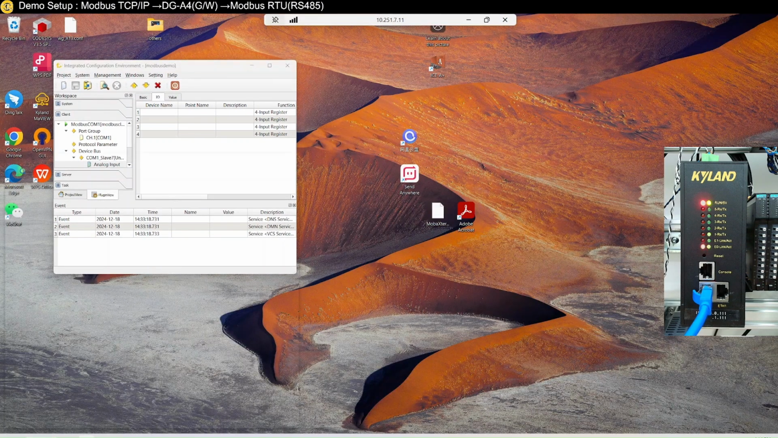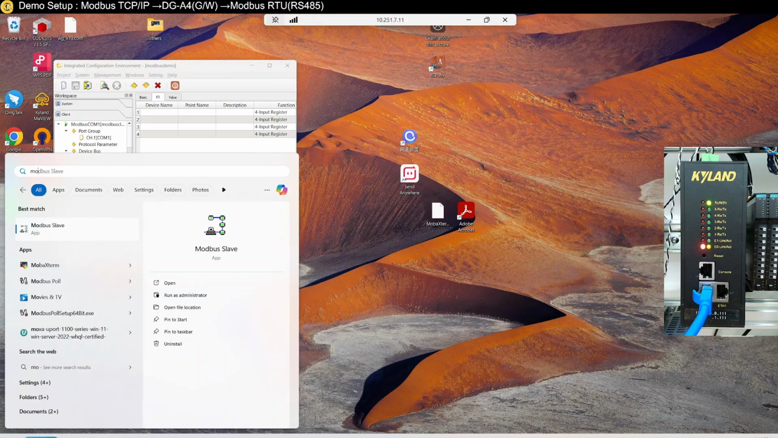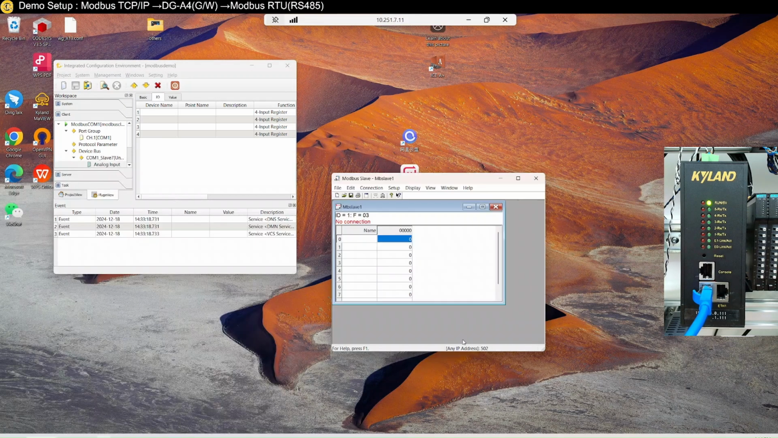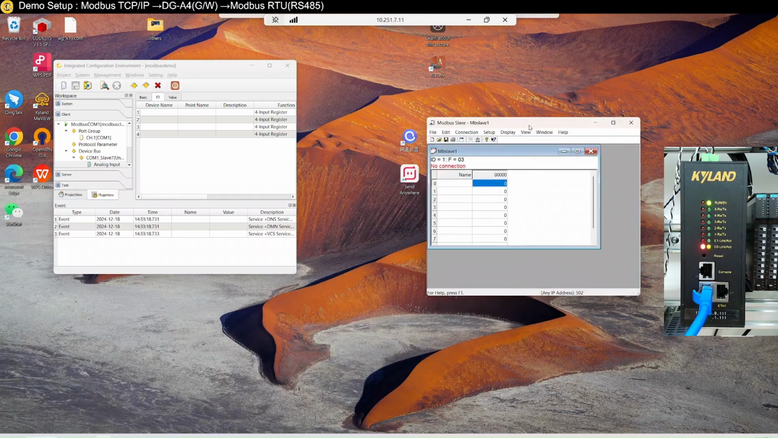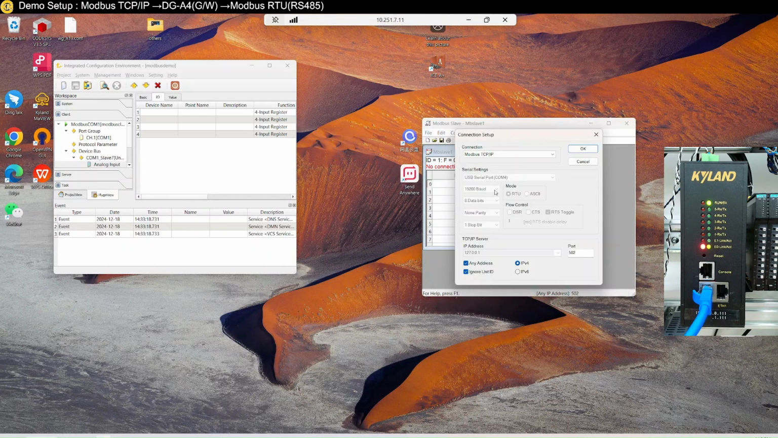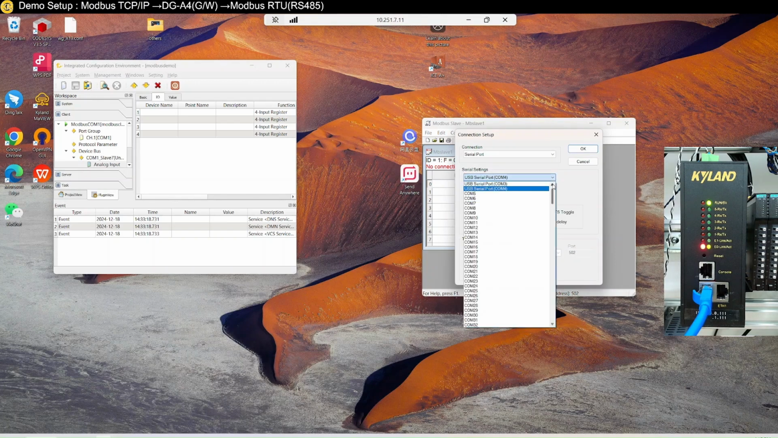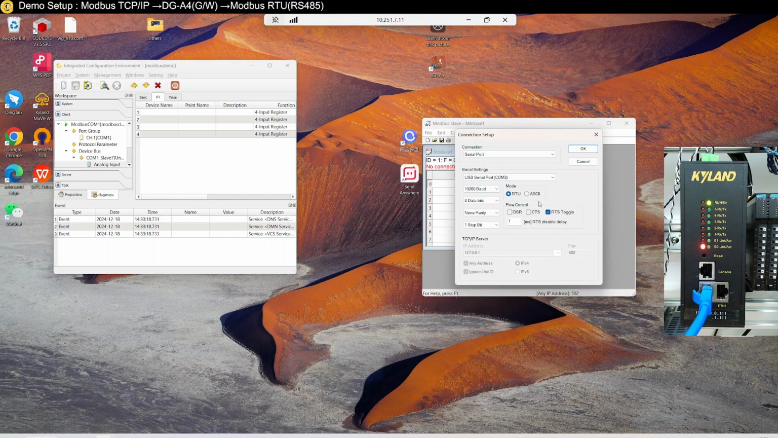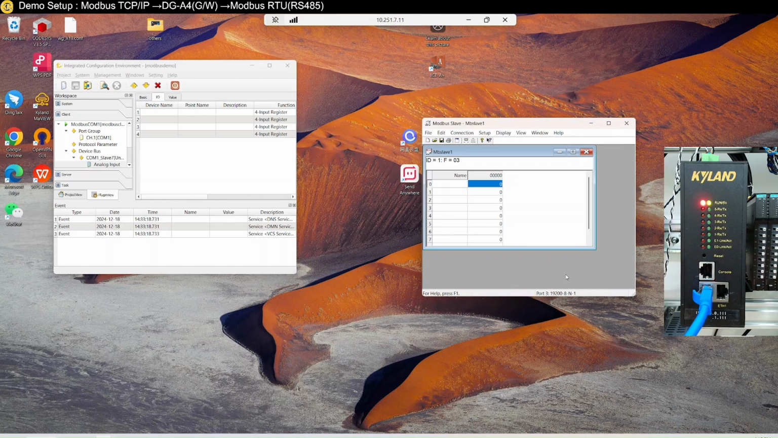Let's configure our Modbus Slave. I'm using this software called Modbus Slave. Let's connect up to serial, and connect to serial communication 3, if I remember correctly. Make sure the baud rate is all the same. If you remember correctly, I'm reading input register. So let's connect up and do a setup